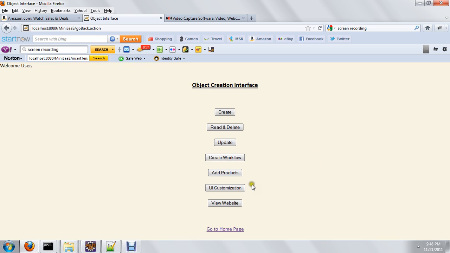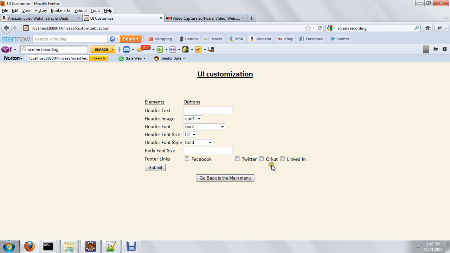Now I'm customizing the UI layer. Say the header text, welcome to mini SaaS shopping website. Selecting the header image, header font size, the font style, and the font style can be bold, italic, or underline. As of now I am selecting underline. The body font size I'm giving as 5 and selecting some links